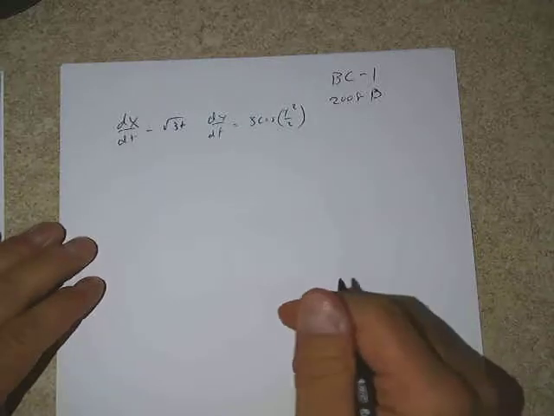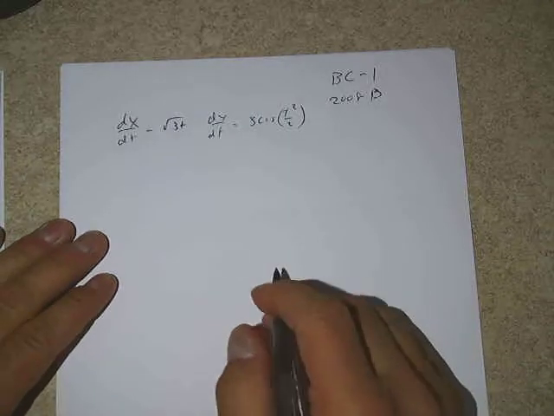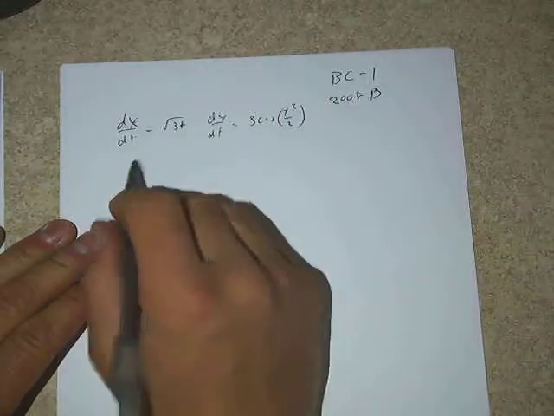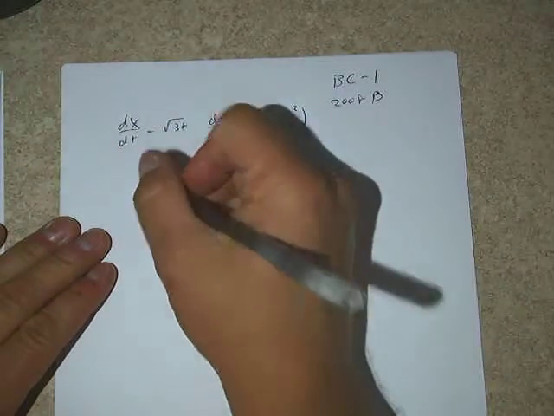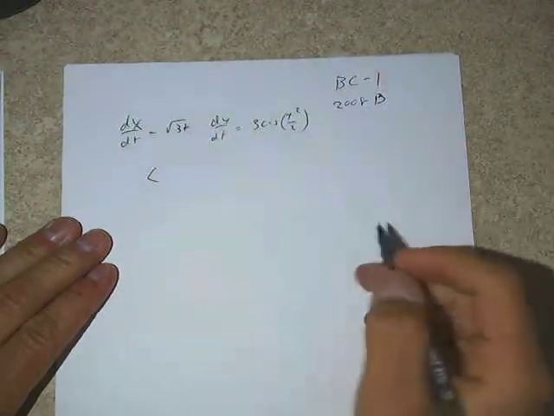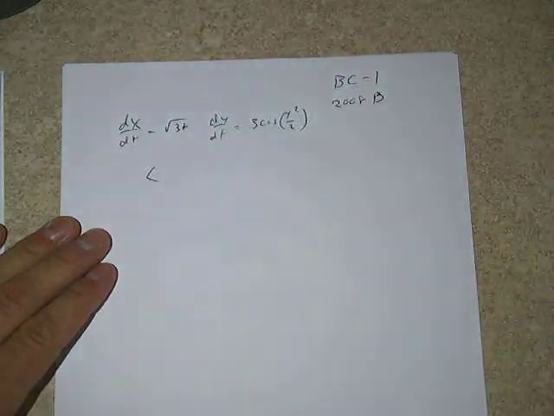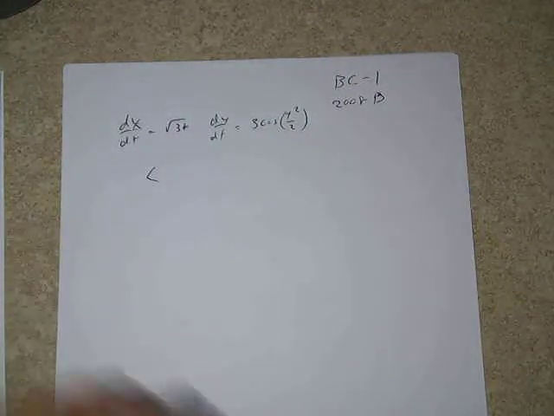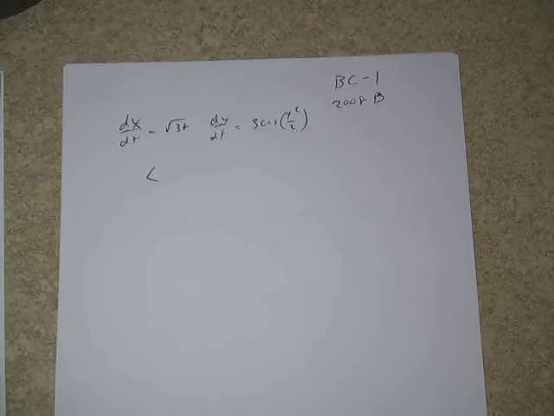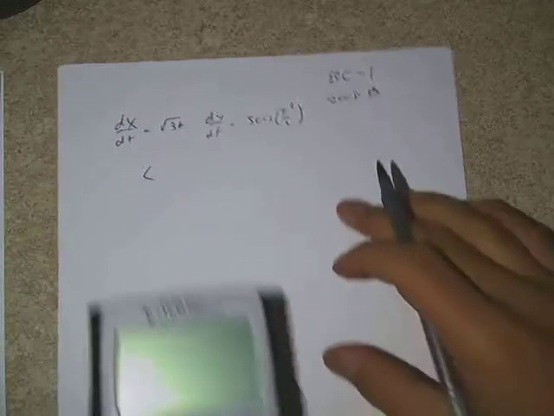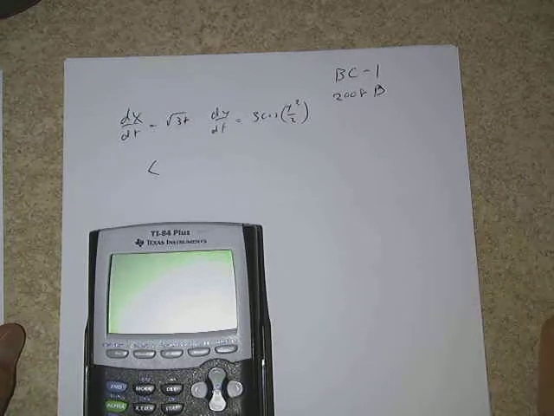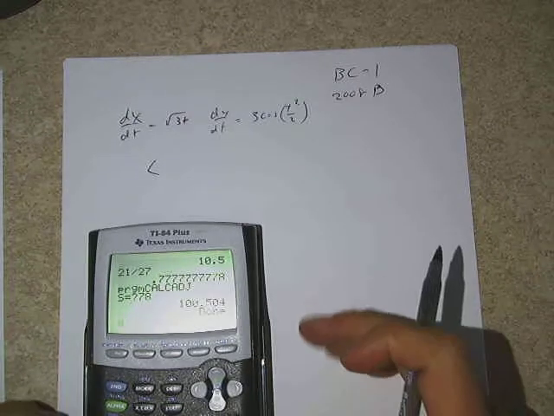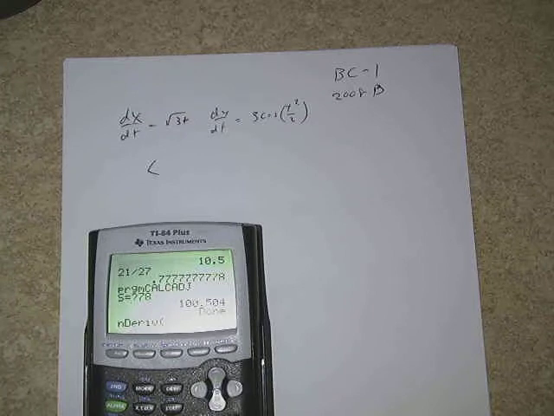And in part A, we were supposed to find the acceleration vector at time 4. So we know the acceleration vector is essentially the derivative of each of these two velocity components at 4. Keeping in mind that this is a calculator problem, we don't really have to find the derivative of radical 3t. It's not terribly difficult, but ultimately, we can use our derivative at a point command,